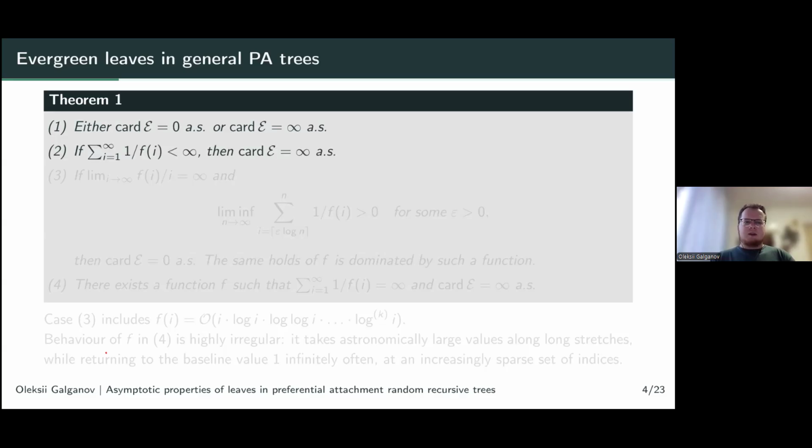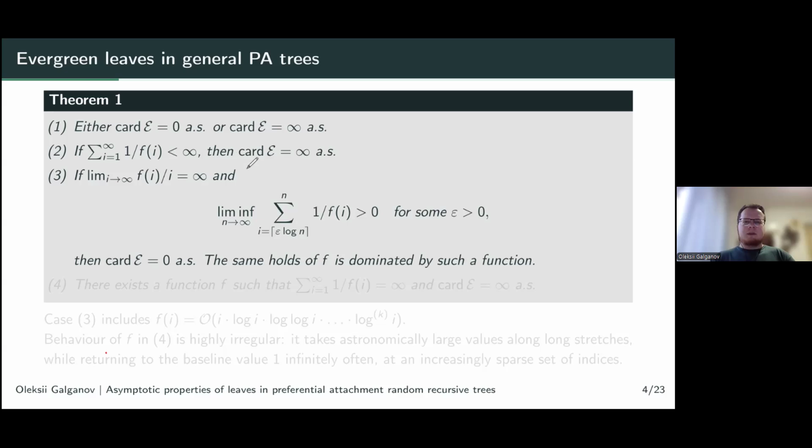Then one regime is when the series of 1 over f evaluated at i converges, then there are infinitely many such vertices. Then the third regime is when f grows